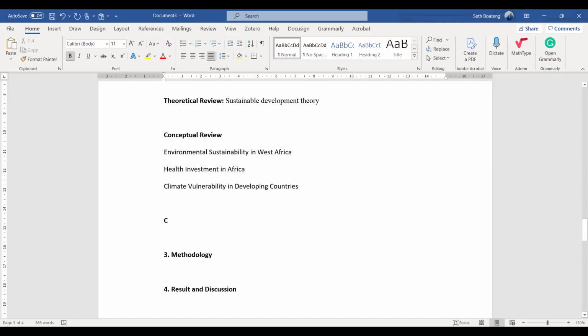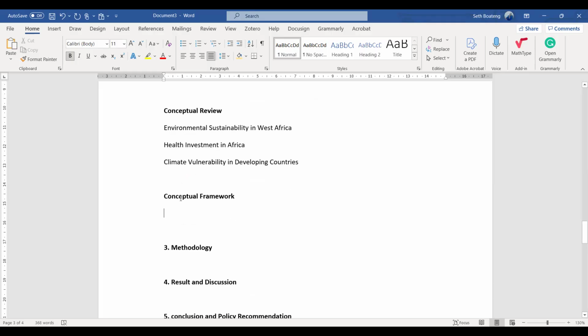Then you have your conceptual framework. So for the conceptual framework, you have to put your concept or your model into a visual. You have to visualize your concept so that if someone picks it up, they understand. I think Prince, the one who was working on subsidies and effects, showed something like that.